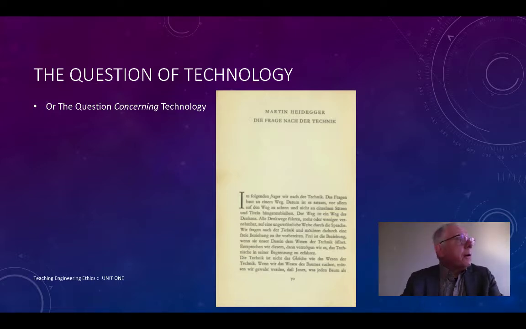Whether we're talking about air warfare, or whether we're talking about guided missiles, or maybe most emphatically whether we're talking about atomic power, we realize that the destructive capability of war